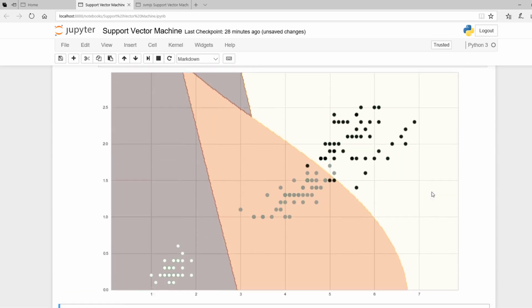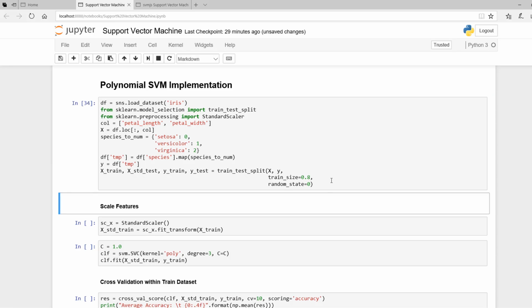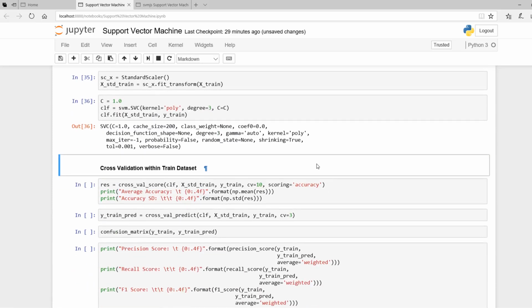Alright, so that's really the basic idea of polynomial. Right now, we're going to implement this onto the iris dataset. And we want to compare this polynomial implementation against the linear, which we're going to use as a baseline. Again, we're doing the same. We're going to have a test train split. We're going to run standardization, or scale it. Again, we're converting the string into classes and splitting this with the train size of 80%, leaving 20% for our testing. Right, we're fitting our X and run